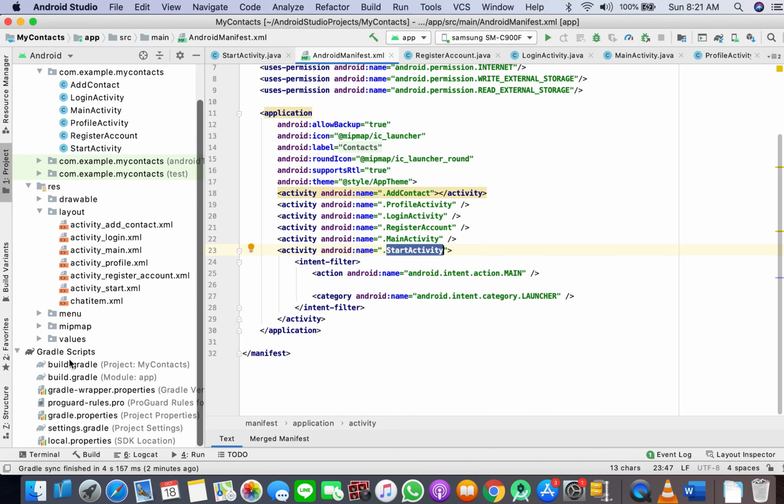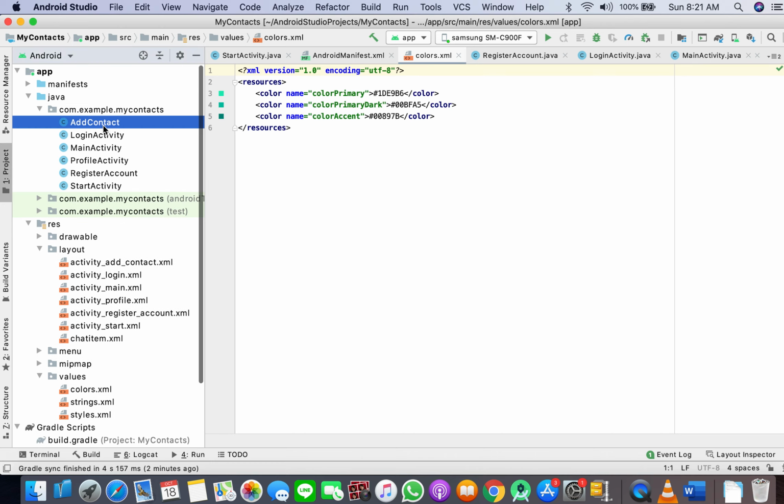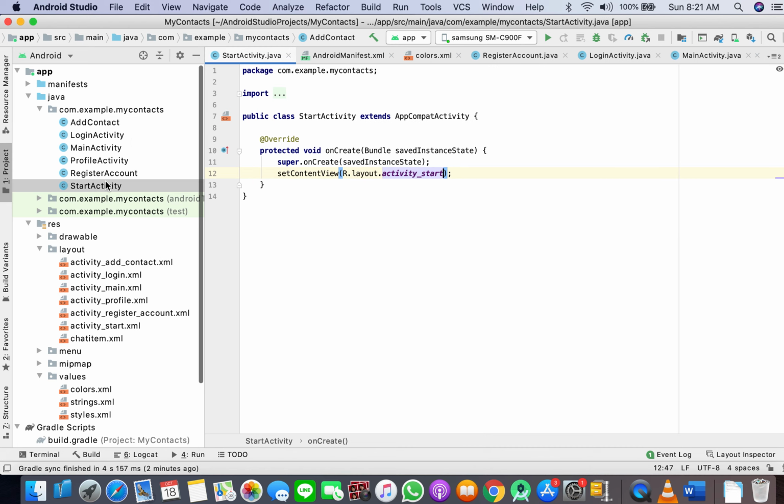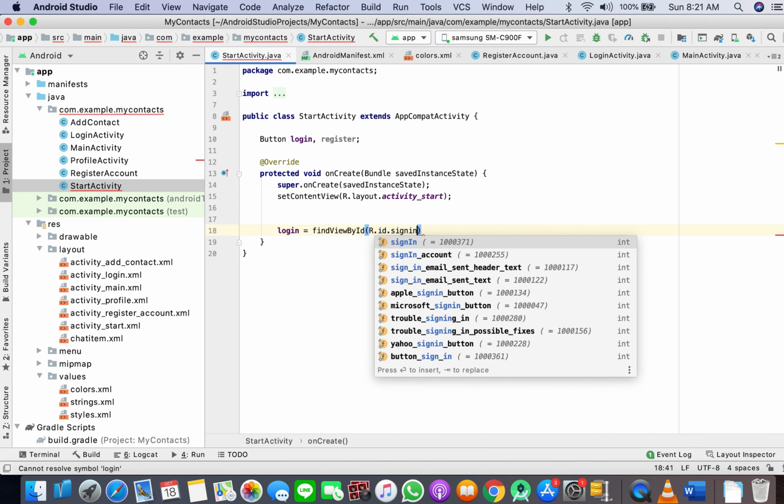And we will go to our colors, where I'll tell you what colors I've been using here. Yeah, that's pretty much it. And we'll directly go to start activity, where we have 2 buttons in the layout: login and register. You can name it like sign in and sign up, but whatever is coming in my mind, I'm just